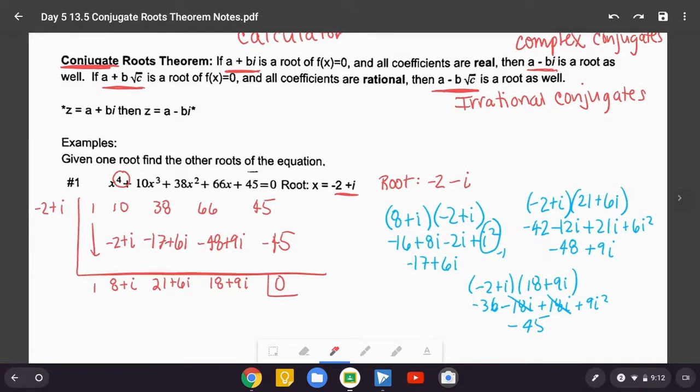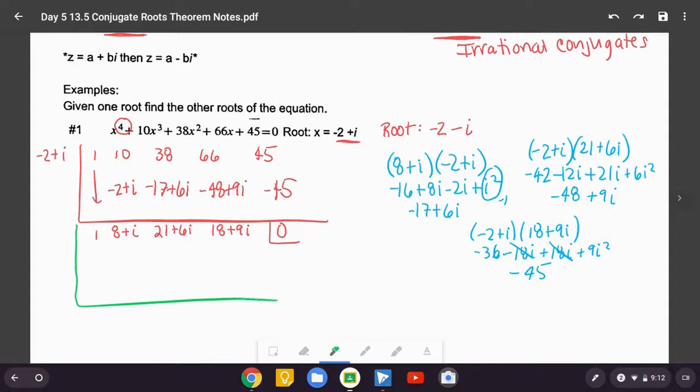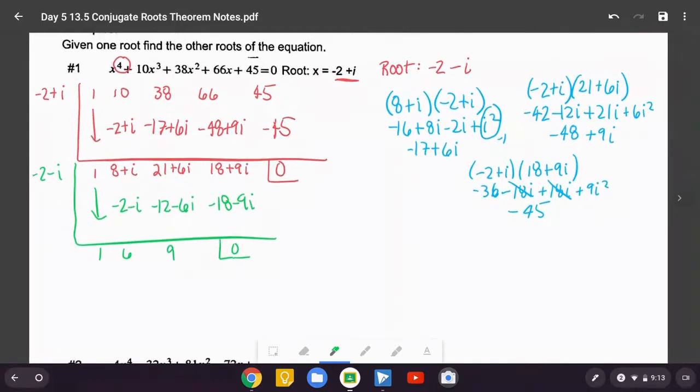All right, so now what we need to do is continue our synthetic division. This is a cubic function, and we're going to use our second root that we know about, -2 minus i, and we're going to do synthetic division to get it down to a quadratic. So that gives me -2 minus i, and I'm going to add, and I get 6. This gives me -12 minus 6i. My imaginaries cancel out, and I get 9. Multiply, I get -18 minus 9i, and I get 0 as a remainder. So that proves that -2 minus i is, in fact, a root of the